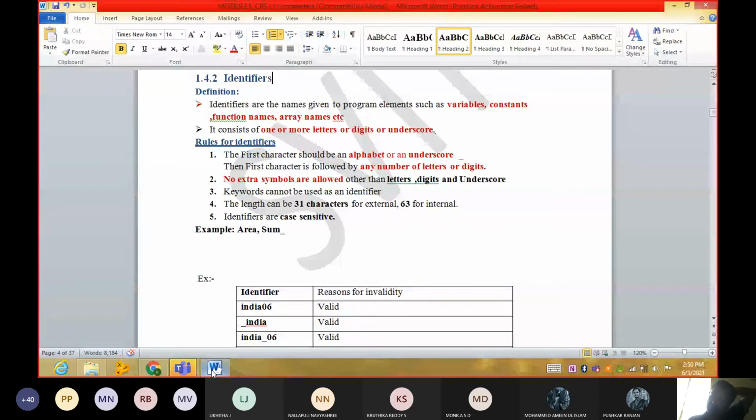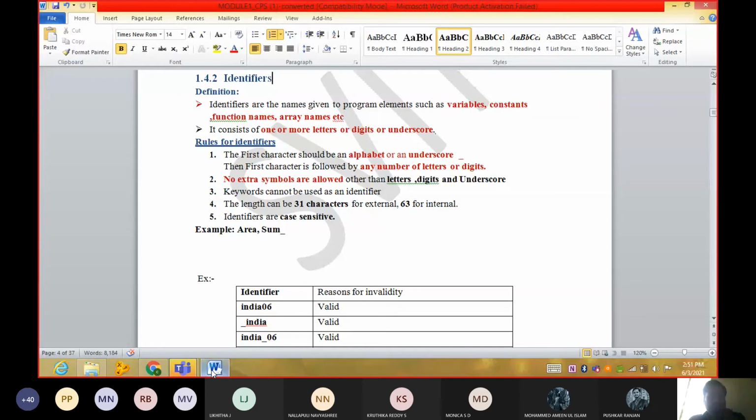So the rules are: the first character should be an alphabet or an underscore, followed by any number of letters or digits. No extra symbols are allowed.